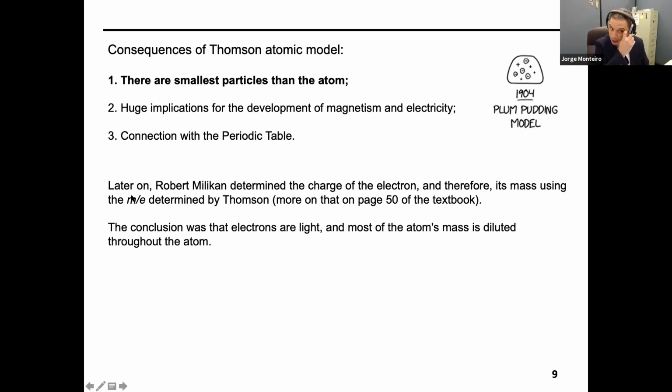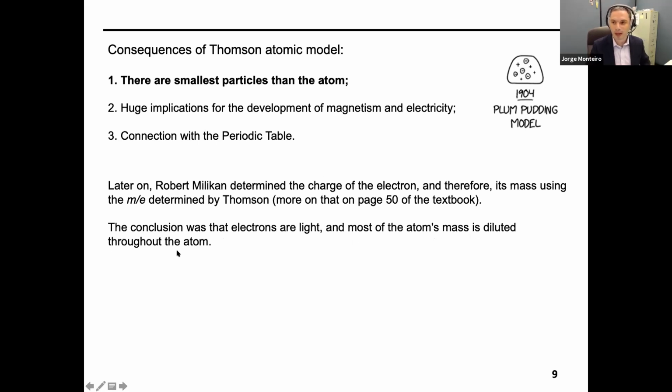Later on, Millikan determined the charge of the electron and therefore its mass, using the mass-charge ratio determined by Thomson. So you can see more details on page 50 of the textbook. And therefore, the conclusion was that electrons are light and most of the atom's mass is diluted